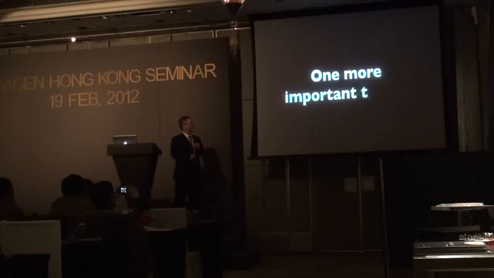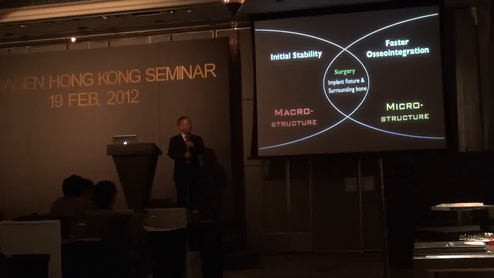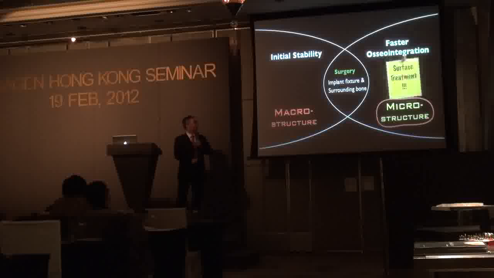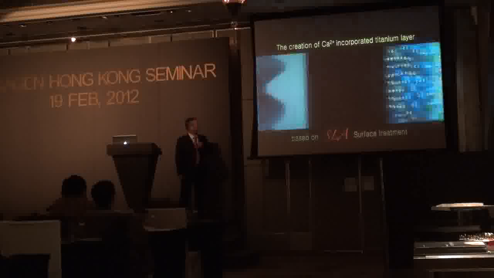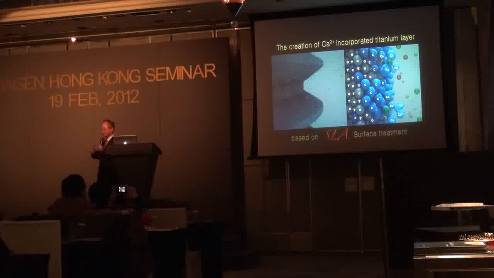And one more very important thing is left. As I mentioned, I like microstructure much more. But as you know, microstructure is important to fasten the integration period, to minimize the integration period. That is surface treatment. We are using Super IBM surface treatment techniques. Super IBM means modified IBM techniques to make a better surface. It looks very similar to SLA. And now our Super IBM is very similar